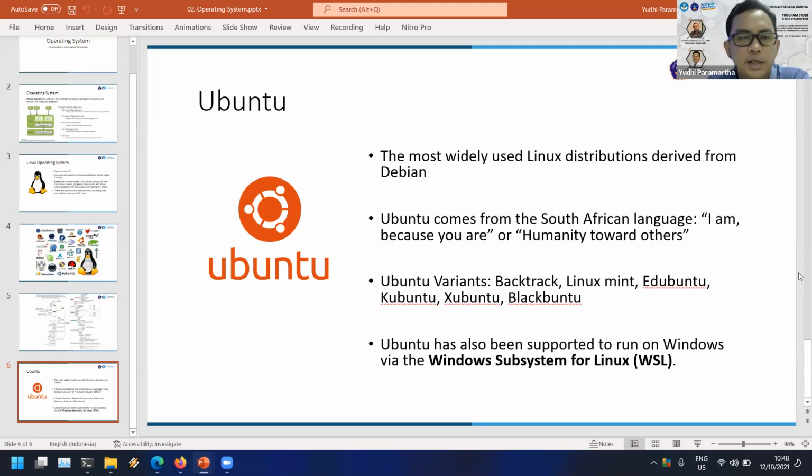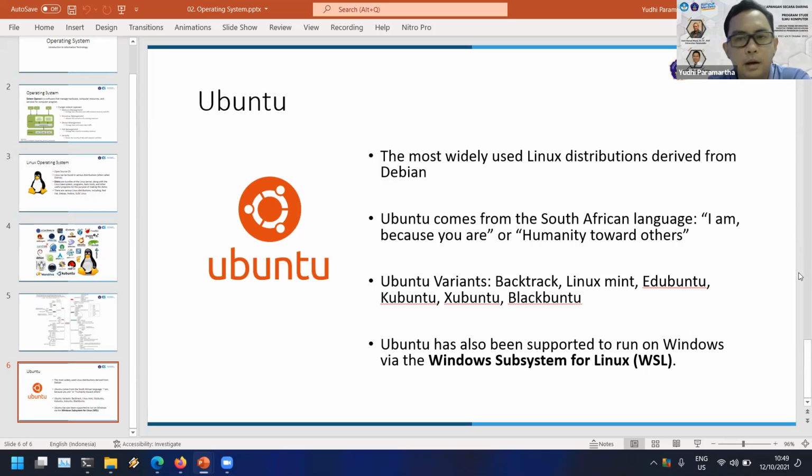There is also a mobile version of Ubuntu that you could install on your smartphone, if you are interested. Ubuntu also has cooperation with Microsoft.